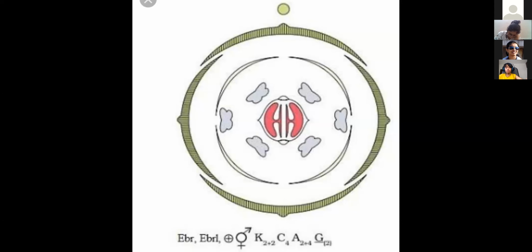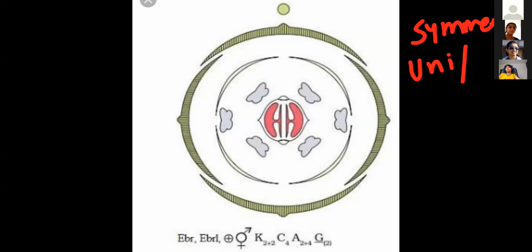Students, we have made this floral diagram, right? Now, on the basis of this floral diagram, how can we write a floral formula to describe a flower? First, always remember, you will have to mention symmetry. Then second, whether it's unisexual or bisexual. The floral formula should be in sequence.